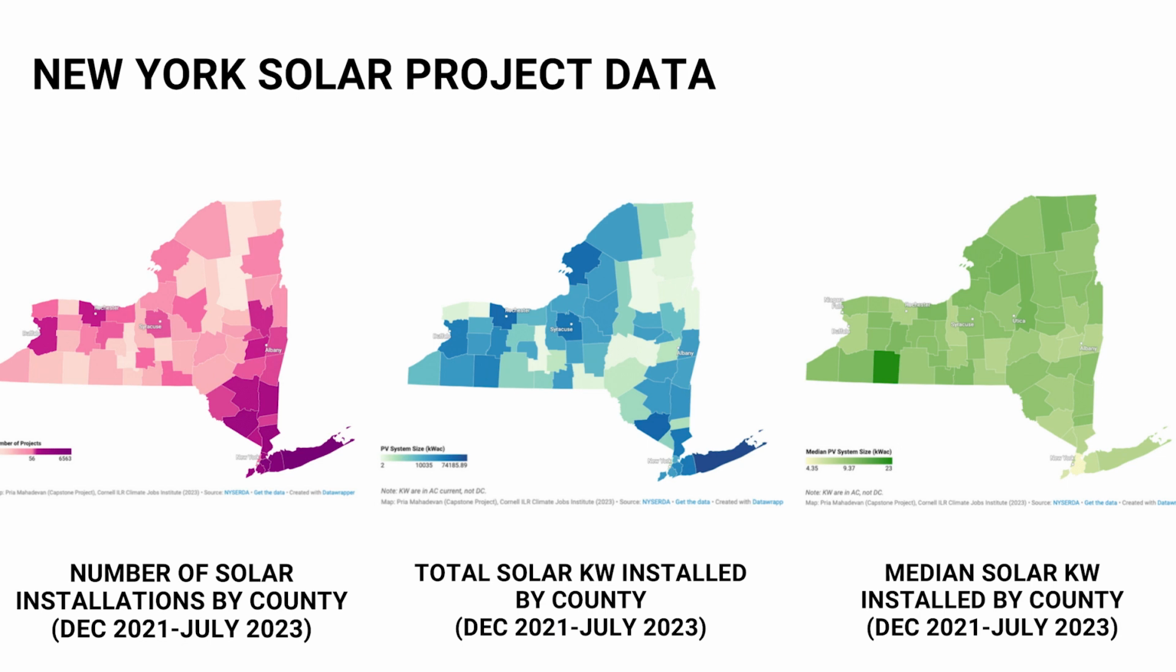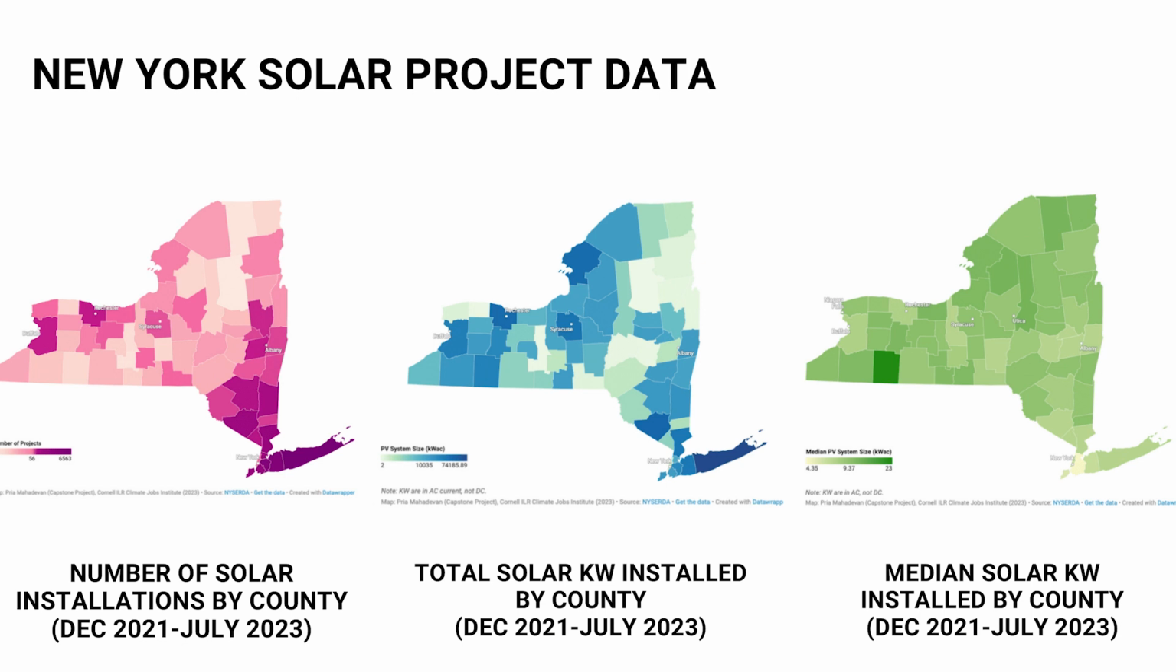I will say that Western upstate New York had a bit more here, indicating potentially larger projects are happening there since they don't have as many projects. And then the third one is median solar kilowatt installed. This is really interesting, especially when you put it together with the other maps, because what it shows is that